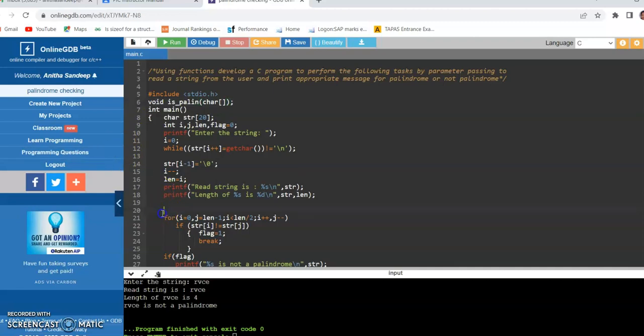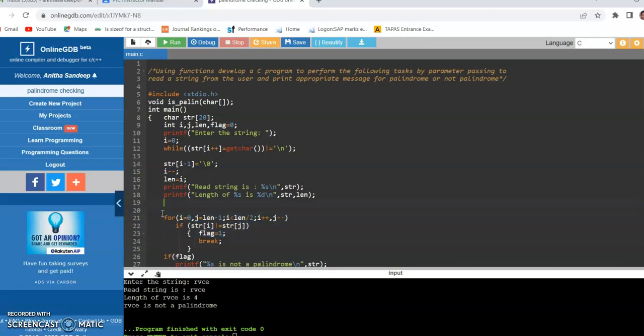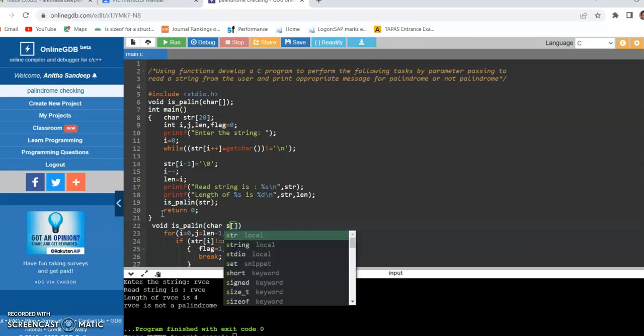This will form my body, so here I will be calling isPalin(str), and I will terminate with return 0. So this is my main function, and this will be my void isPalin with a character array. The name of the character array is str,